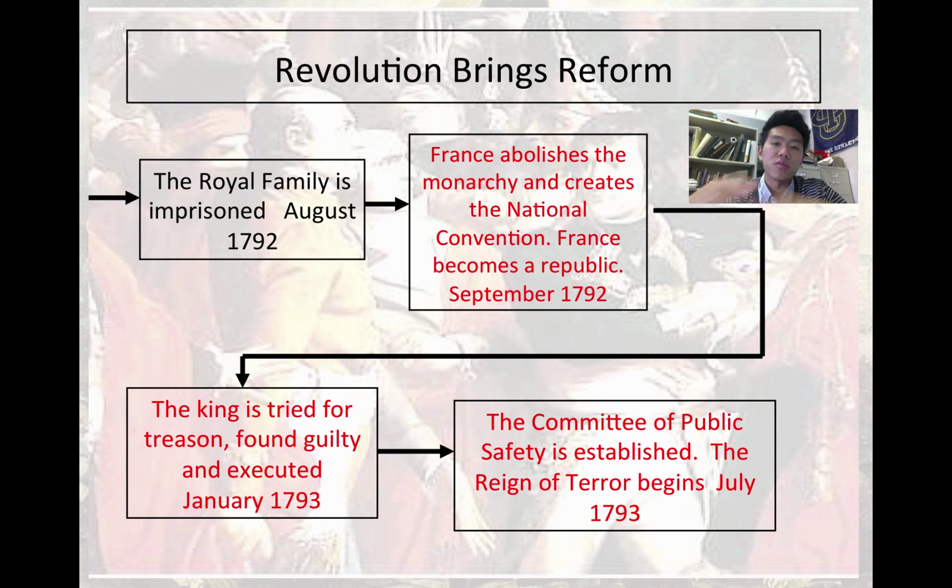And then there's this new group, right? The Committee of Public Safety is going to be established where we have our character Robespierre, right, that you guys met yesterday. He's going to be leading it with 12 other guys, and they are trying to keep the public safe, right? And so we said that, you know what, we want to change France, we want to bring a revolution, and anyone that's against it is a traitor, and we're trying to find those traitors, and that's what we did yesterday. So just as a recap and to review on that,